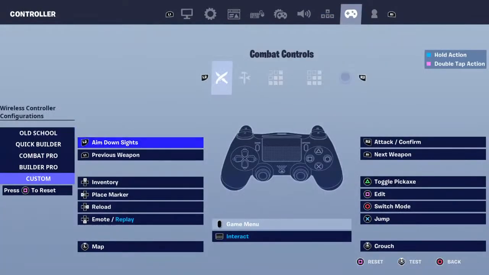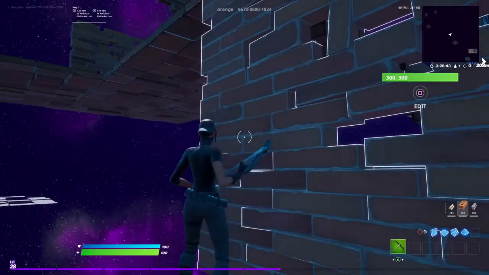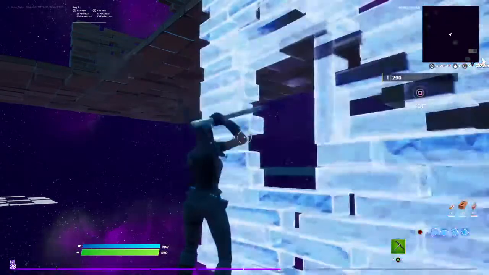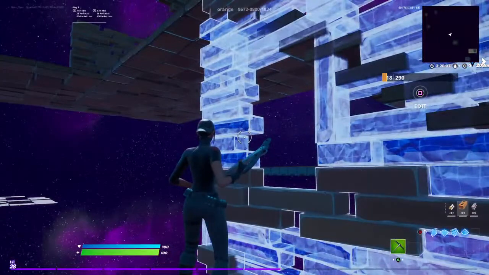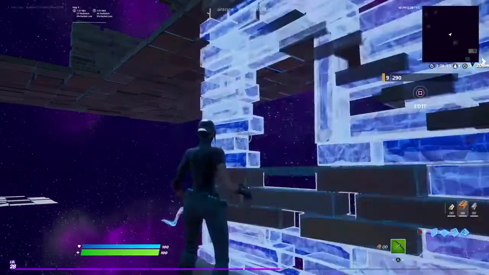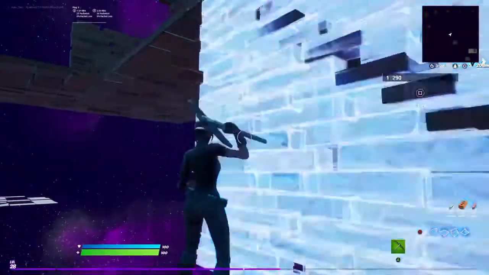Here's quite an important one. My edit bind is square, and my R1 is select. Put them together and you just spam it at the same time. Hear this. You can probably hear my controller clicking. I'm pressing up at the same time. If you press it really quick,